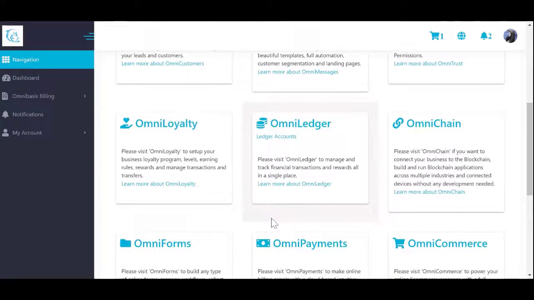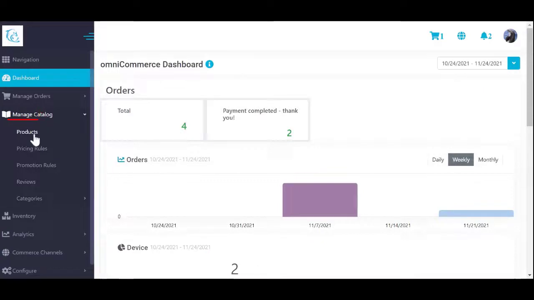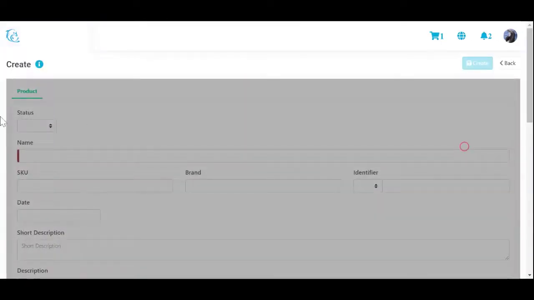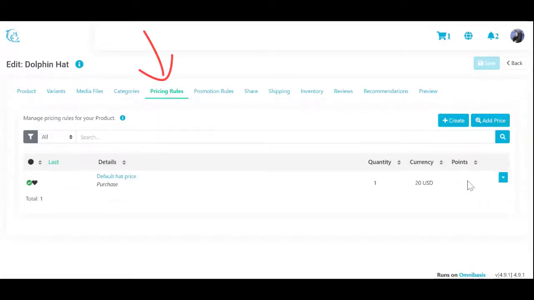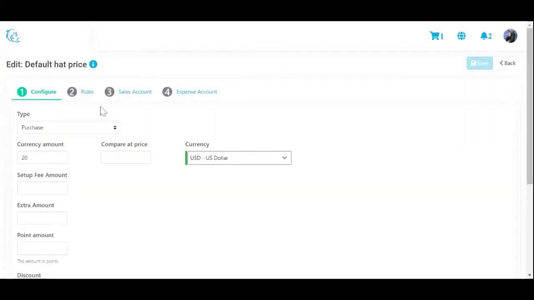Navigate to the product you want to manage from OmniCommerce. Manage Catalog. Products, select Manage next to the product from the drop-down option menu. 1. Select Pricing Rules section. 2. Select Edit from the drop-down action menu next to the status on the list to edit an existing rule or